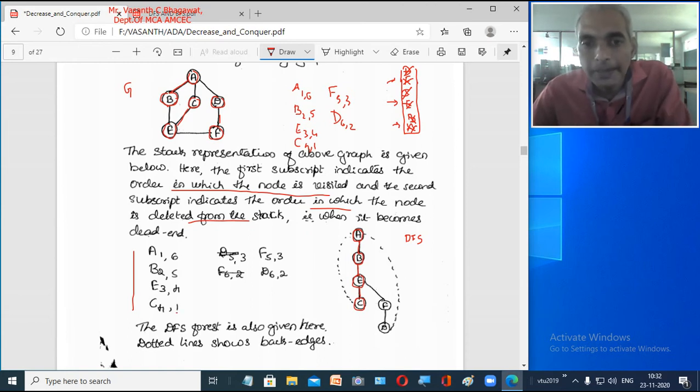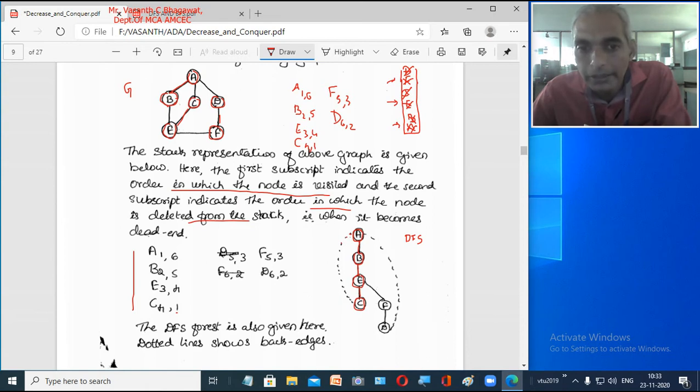Now when you are at C, you see that you got 2 adjacent nodes. One was E and one was A, right? Now if you look at E, from E only you came to C, but you got another node A which you have already visited, but this is not the parent. If you look at your tree, from E you are coming to C, so the parent of C is E. But you got a node A which is already visited. So what we do is, from A to C we draw a dotted line. We draw a dotted edge from A to C.